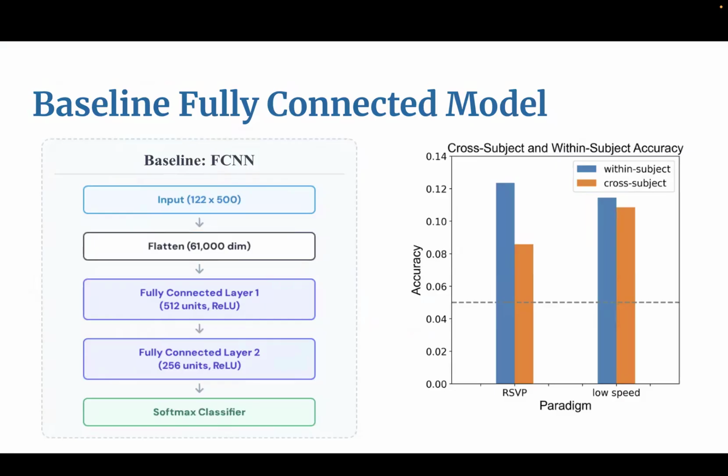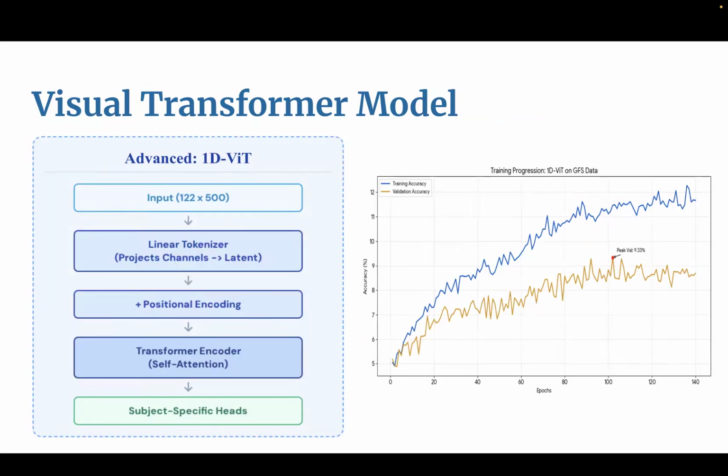Okay, so now I'll be talking about the classification architectures that we used for our models. We started off by using the baseline fully connected model, which we took directly from a paper we referenced. Here, we observed an accuracy of 10% by our own testing, as compared to the paper's 11%. However, we wanted to make this a better model, and we tried to make